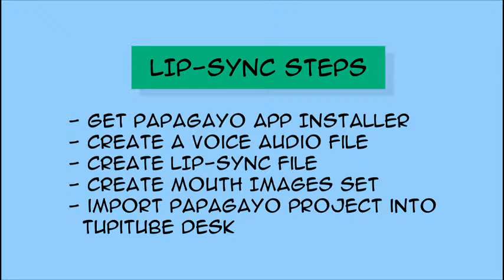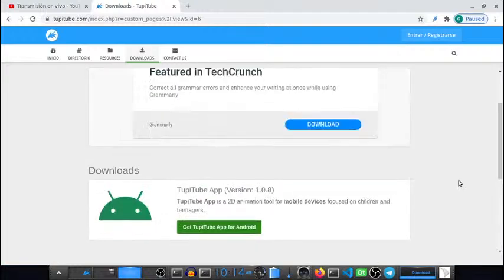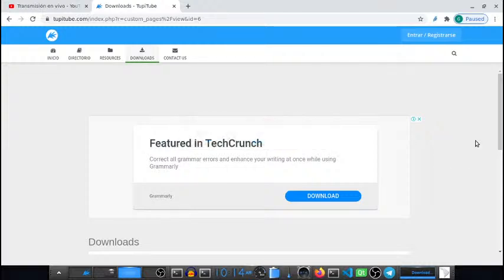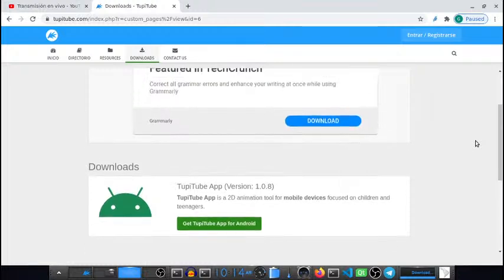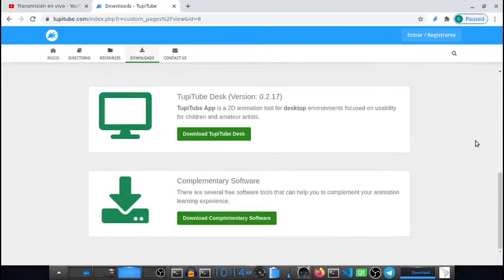If you get into our download section, you will find a third link called download complementary software. If you visit the download section of our social network, you will find a third link.